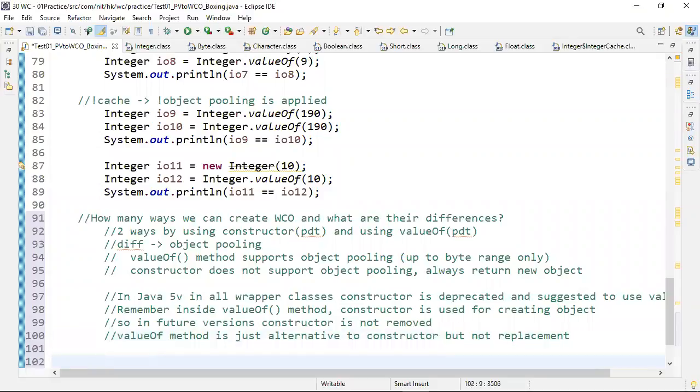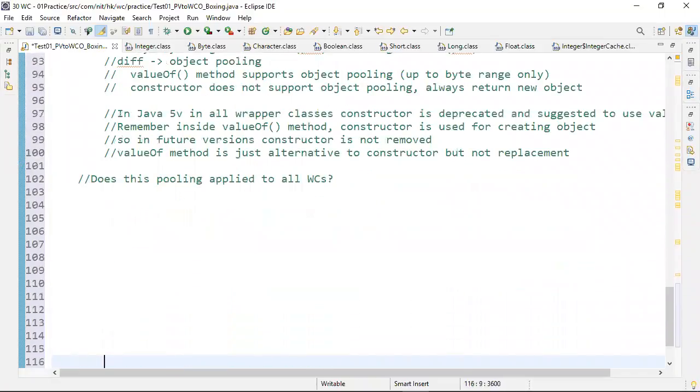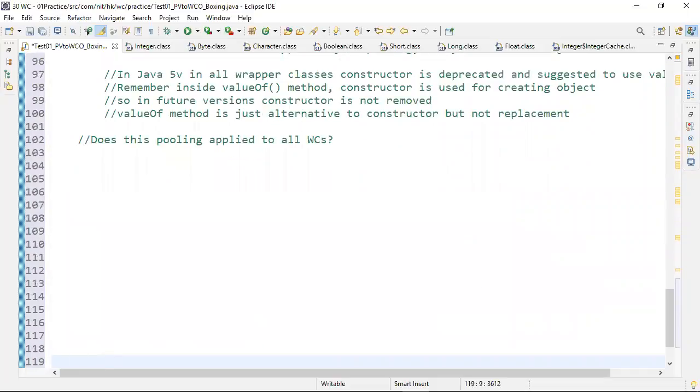Okay, so these are the basic important points you have to practice and remember. Now I'm going to ask the next question. What is that? Does this pooling apply to all wrapper classes? This is another very, very important question.